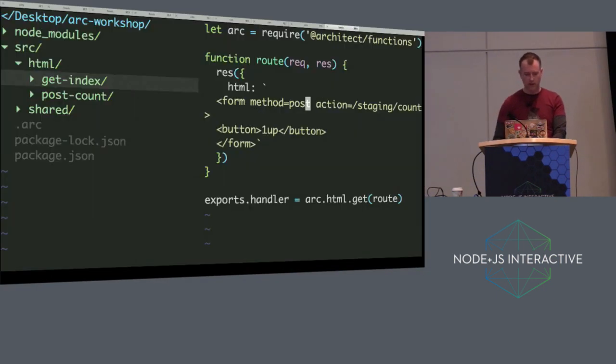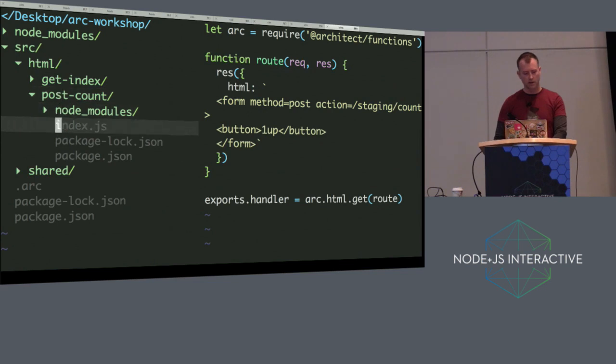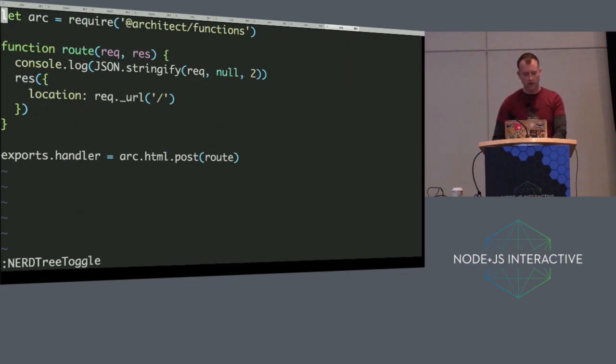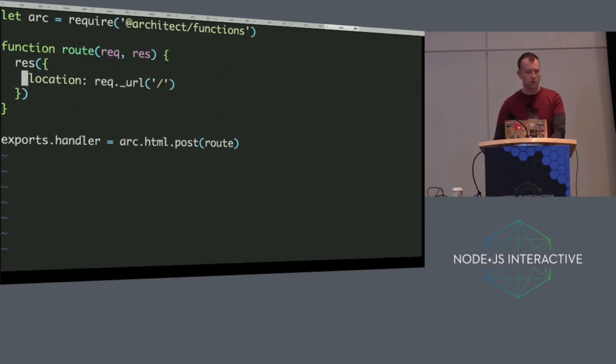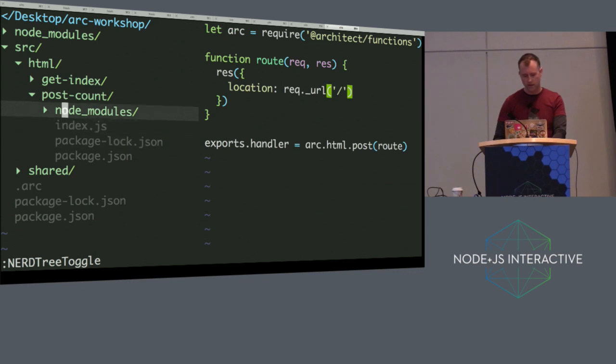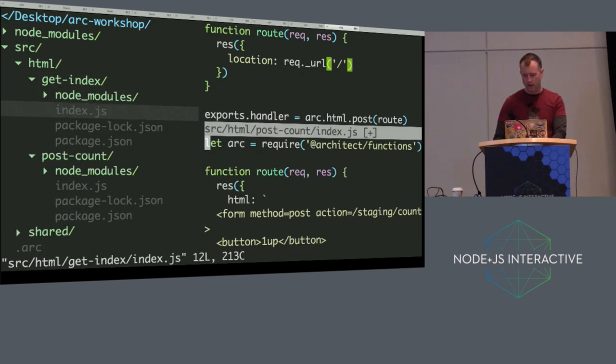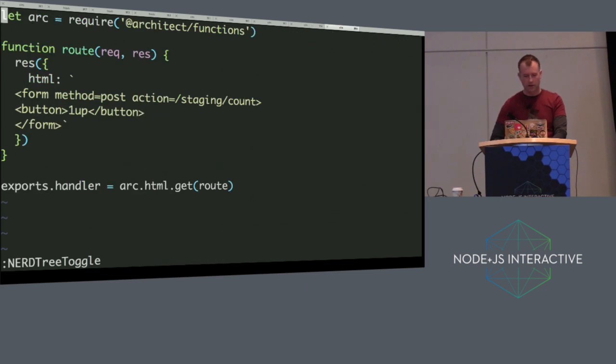So let's take a look at that post Lambda. By default, things that accept a post will just redirect back home. Now, you might have noticed in this one I just hard-coded staging count. And that's because Lambda, or an API gateway, creates these annoying URLs where you get like /staging and /production at the end. So we have a helper for that